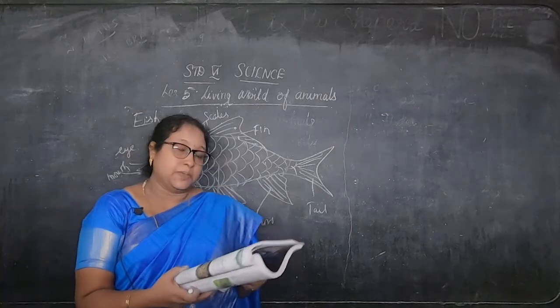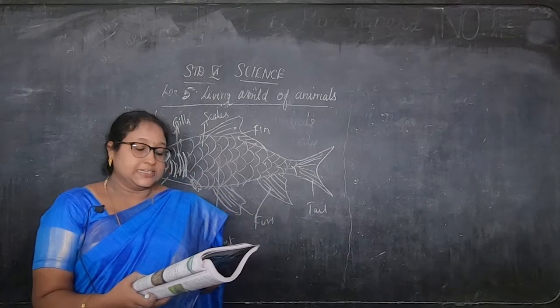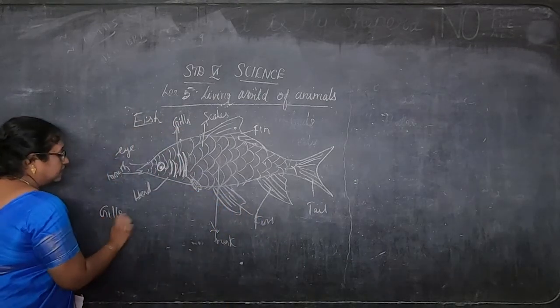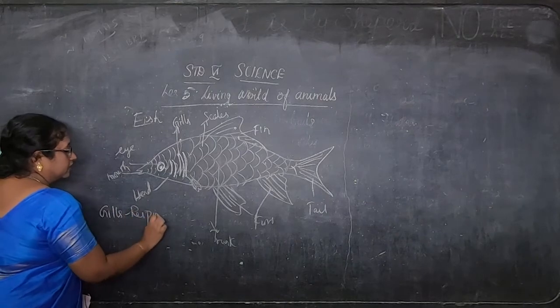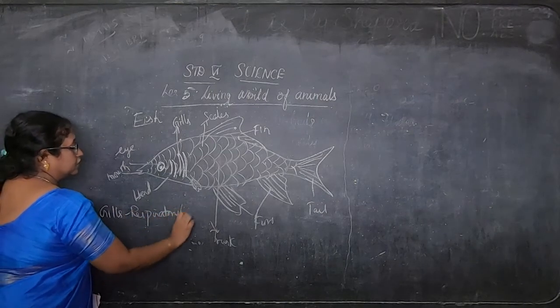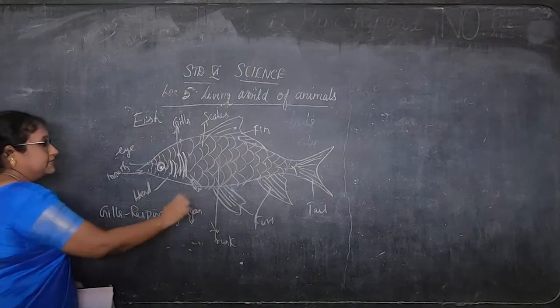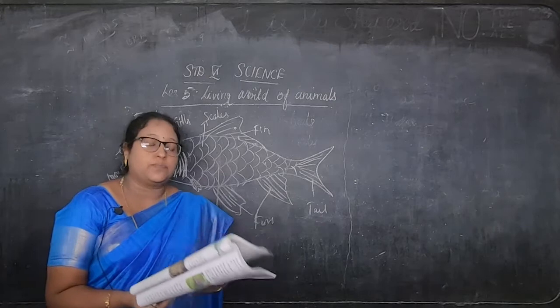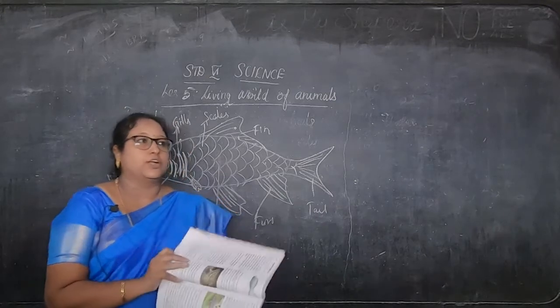Now the fish has a special organ called gills, which is a respiratory organ. So gills is a respiratory organ, that is to breathe. Okay, respiration means breathing, right? So gills help in respiration, and help to absorb oxygen dissolved in water for